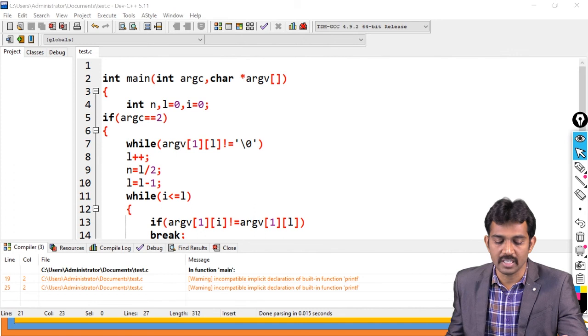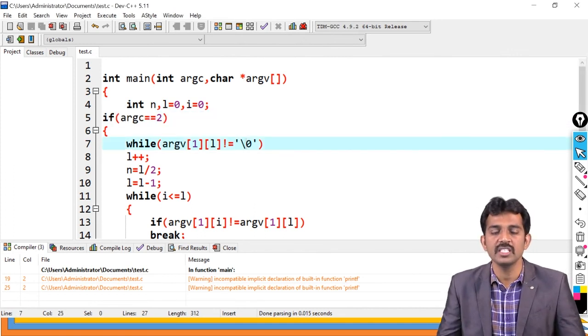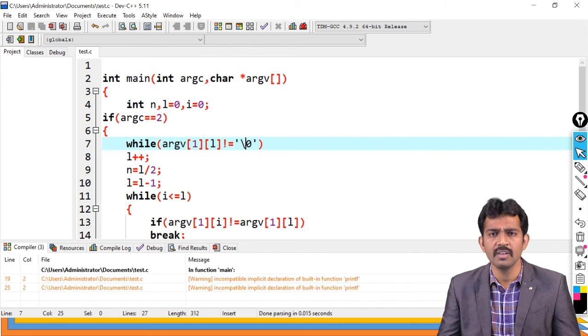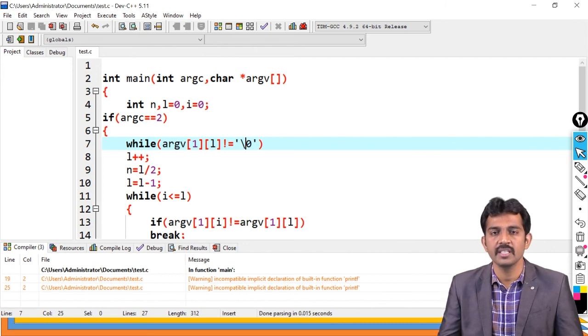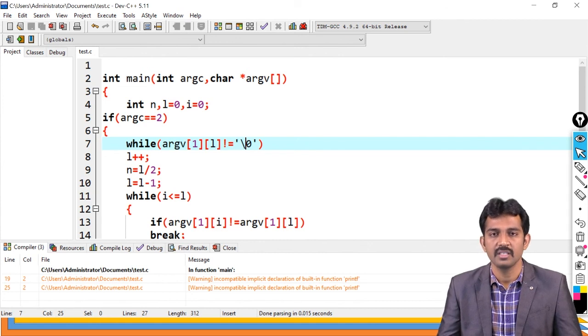So all this stuff we have done from the command line arguments. See, through the command line arguments only. It is the alternative method for the scanf console. That's all. It's not any specific reason. It's one of the alternative methods. Some TCS exams earlier they asked to read the data from the command line. Now they are asking for even scanf also. It's not a big issue.